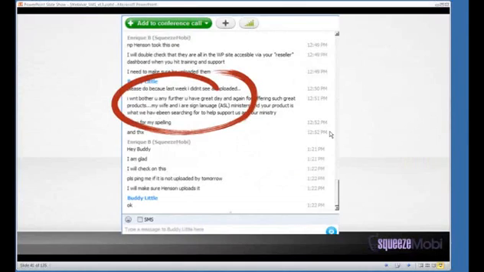And a buddy actually got this to me today, which really excited me. I was preparing for this webinar, so he said, "Hey, I won't bother you any further," because I was being a tiny bit brash. "Have a great day, but thanks for offering such great products." And he was telling me about this platform: "My wife and I are sign language ASL ministers, and your product is what we have been searching for to help support us and our ministry." That really made me happy. That really got me excited, and that's why I'm so full of energy.